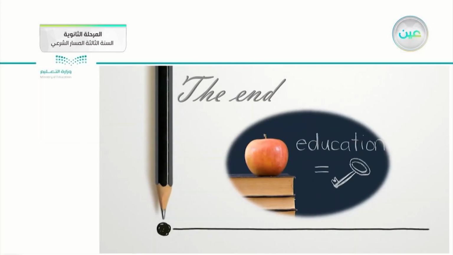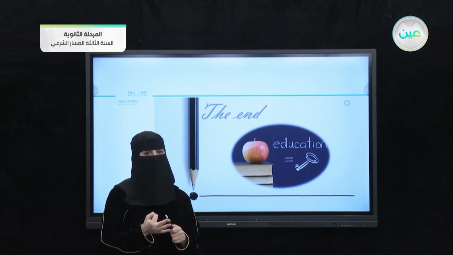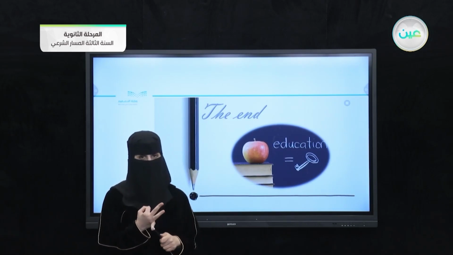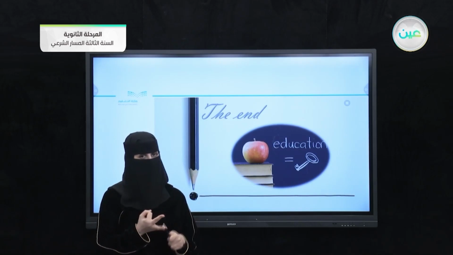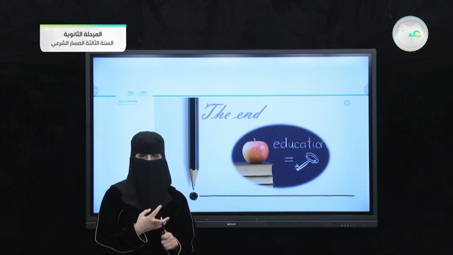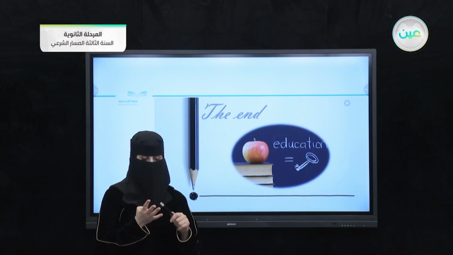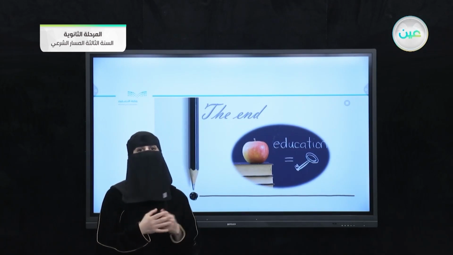Okay, by the end of our lesson today, I want to remind you about the important points that we discussed. Number one, we talked about the meaning of essay, and number two, we talked about the parts of our essay, and number three, we discussed the meaning of effective essay, and we gave strategies, we gave synonyms of it, and we gave antonyms for some synonyms in our lesson. And the last thing is that if we want an effective essay, we should apply strategies to make it an academic